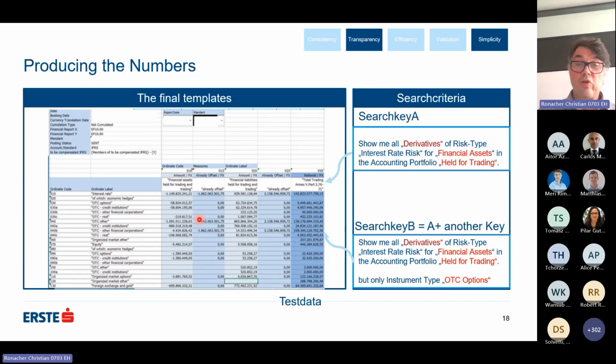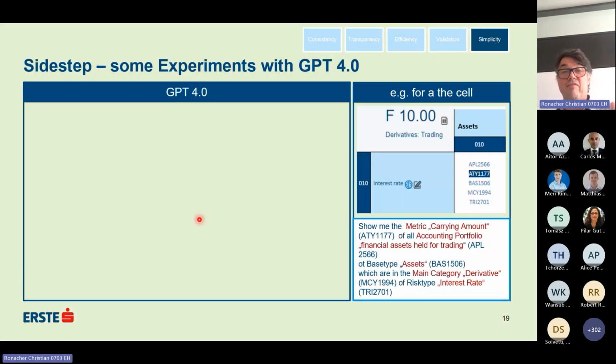So just to make sure, this is just test data, and the numbers aren't important anyway. So what we did next is, okay, let's take the very same information, give it to GPT-4, connect it to this kind of mini data set, and ask it if it could reproduce this kind of template, and not those categorization keys you can see here, but the result set.